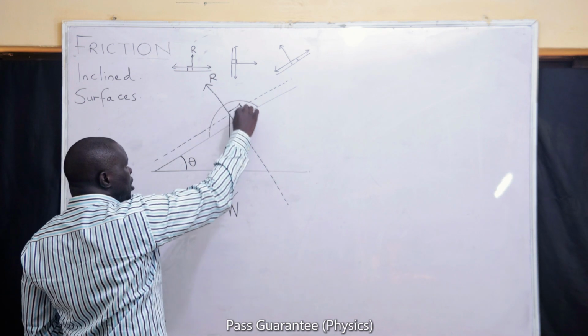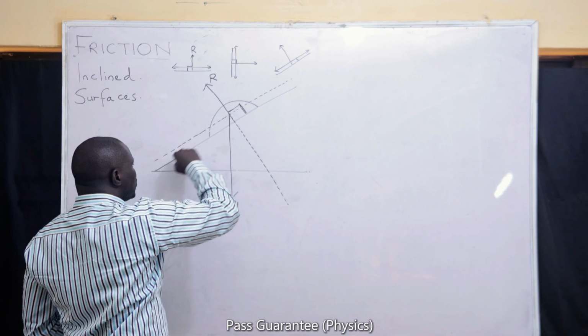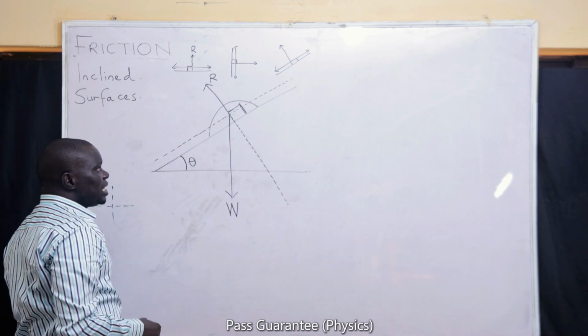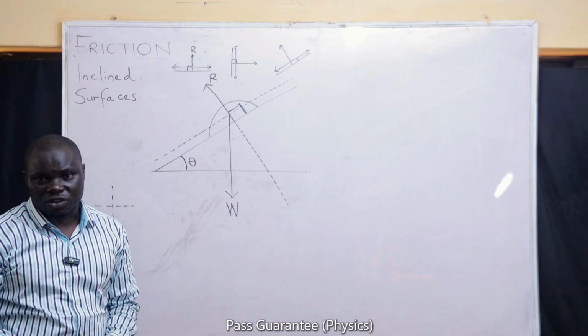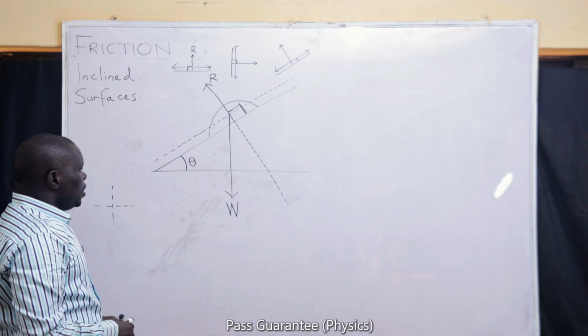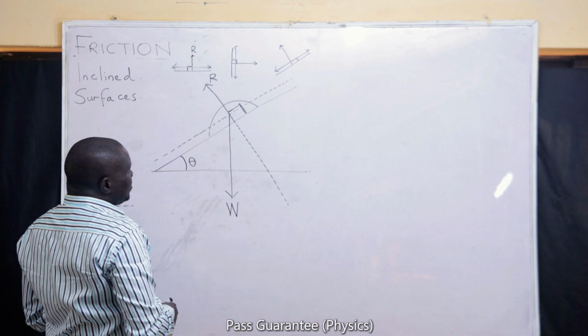It must be at 90 degrees to the surface. If it must be at 90 degrees to the surface, it must be at 90 degrees to the line that is also acting along the surface. Now, with that, we can find,